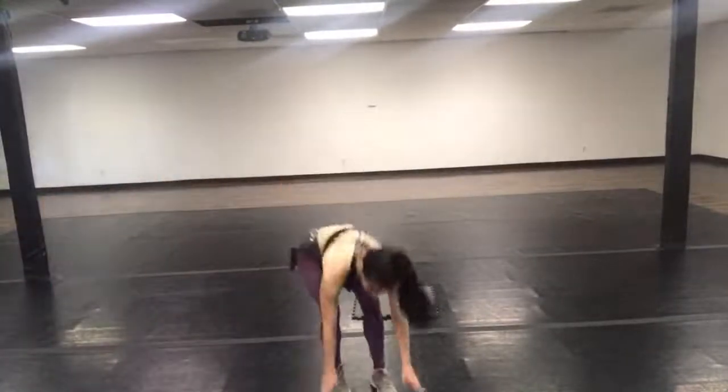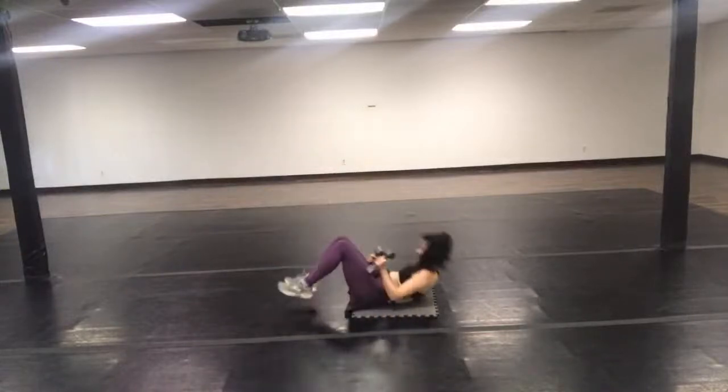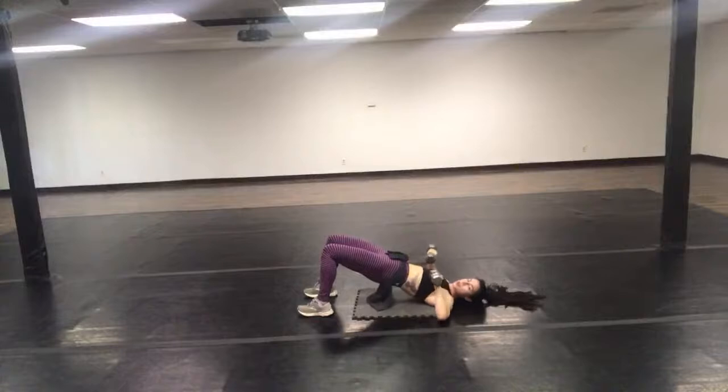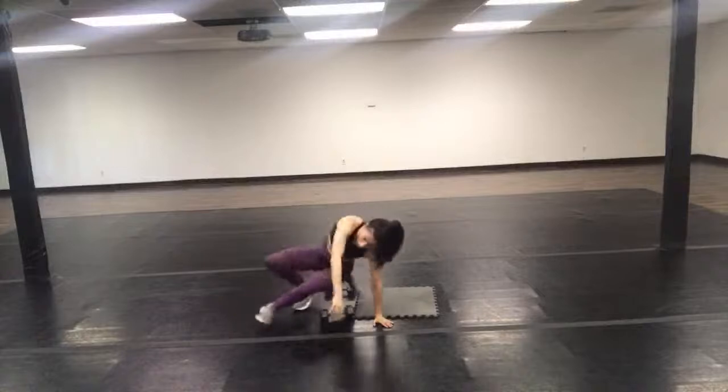So that looks like this. I'm in my glute bridge, driving through the heels, squeezing glutes to keep it high, and then I'm doing my little chest press. Nice and controlled. Punch it up, nice and controlled. All right, that's number 3. Number 4